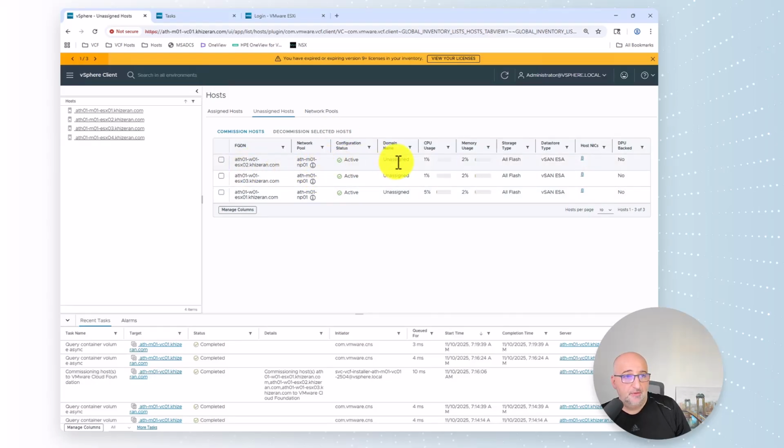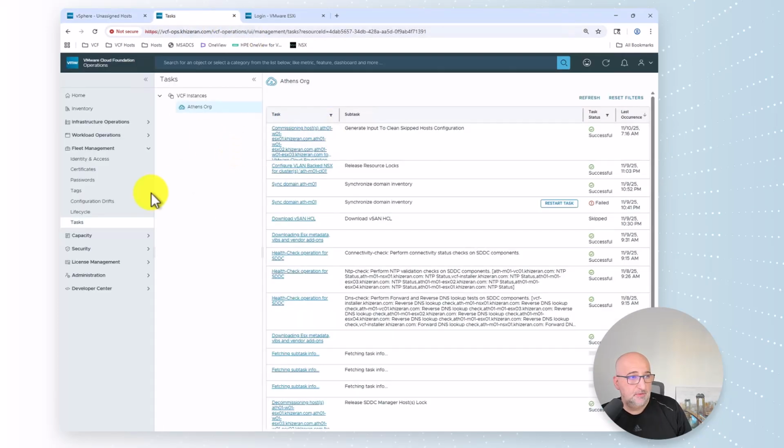The domain name is unassigned. There's nothing assigned to it right now. All flash, ESA as I selected, the number of physical NICs on the host, although I'm only using 2. And then if there's a DPU backing. And of course, I can always come in here and decommission a host. So that's fine too. But now that it's in here, I can jump over to VCF operations, and let's go